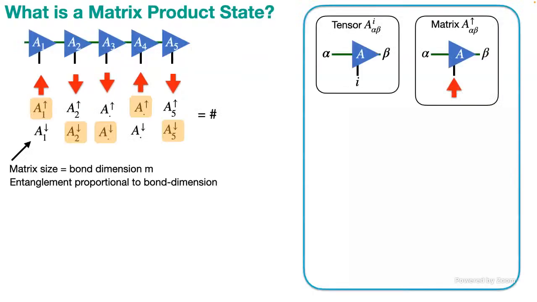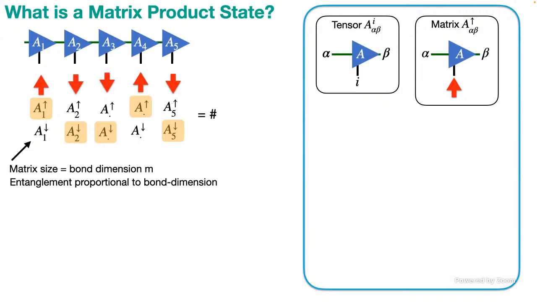Okay, so what is a quantum state? Well, a quantum state just eats a configuration and spits out a number. What is a matrix product state? Well, it's a quantum state that eats a configuration and spits out a number. It's made of a bunch of three-index tensors. One of those specifies the index up or down, the spin system, and then the other two are these auxiliary bond degrees of freedom.